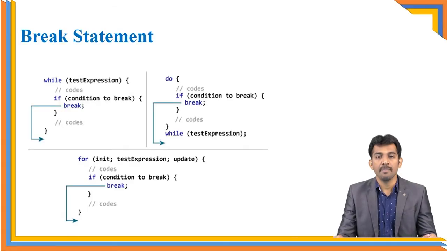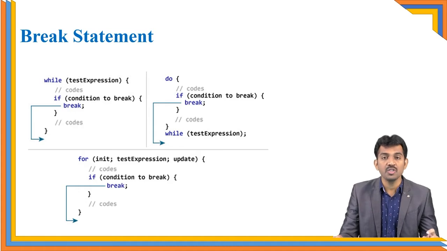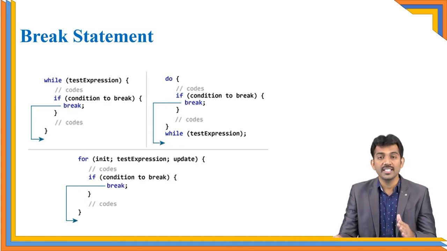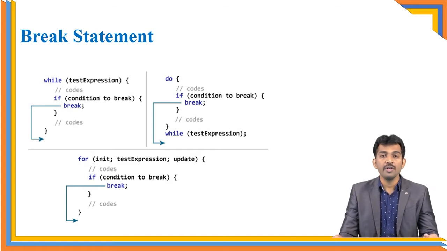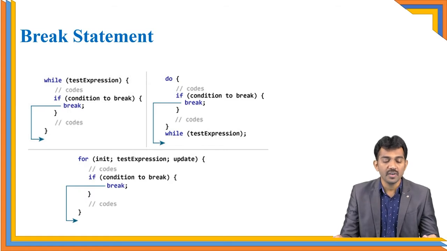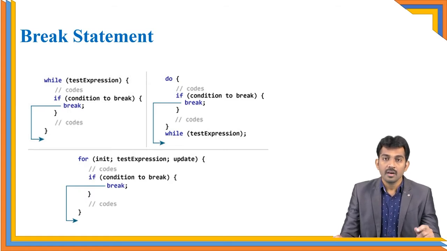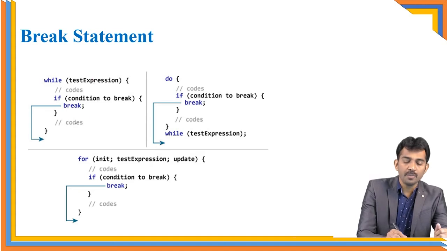See, first, break. Break is a statement used to stop the loop in particular conditions. When the break statement is going to execute, you just exit from the loop. That is the scenario. Observe clearly here. I am going to explain break with all the loop statements. See, first one is the while. Here, when the condition is true, it is going to repeat.